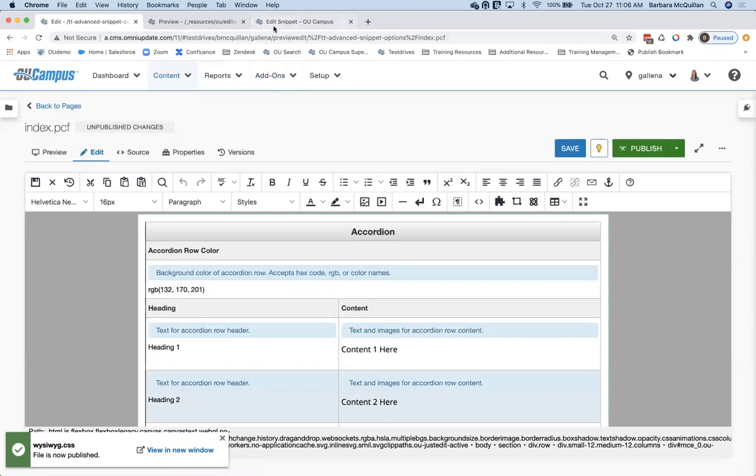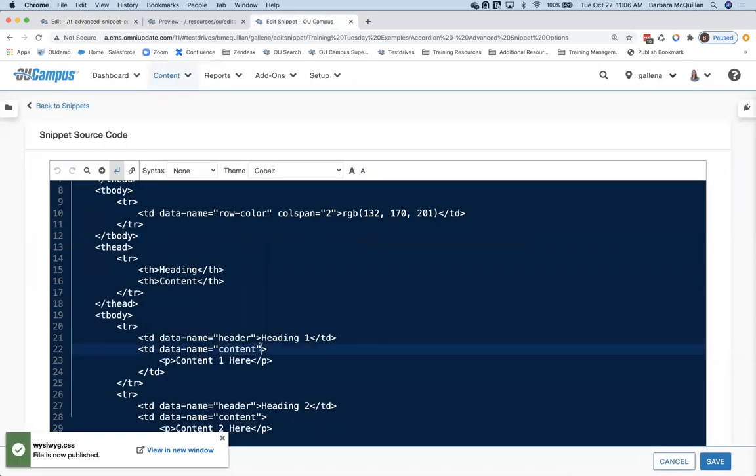Something else that I have seen in even other more recent implementations is that in addition to a data-name, I sometimes see an additional attribute here. So let's say I have a particular cell that is designed to accept a link, or a particular cell that is designed to accept an image.